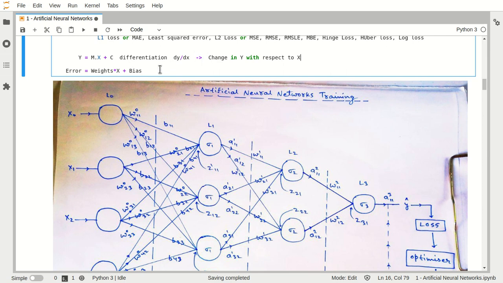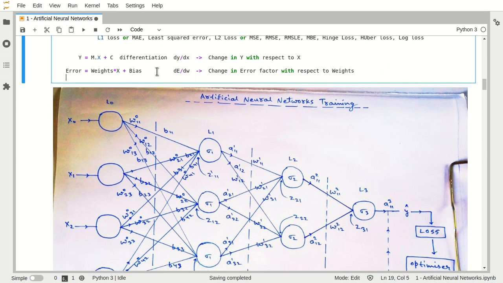And the same thing we will do here. So here we will try to calculate dE upon dW, and this will be the change in error factor with respect to weights.